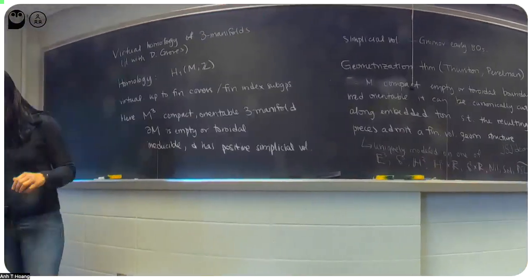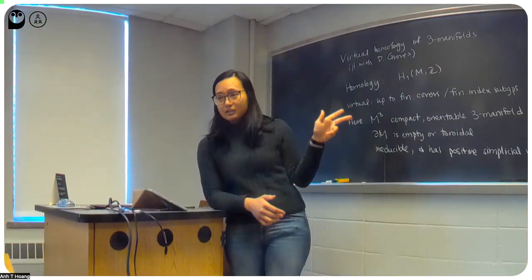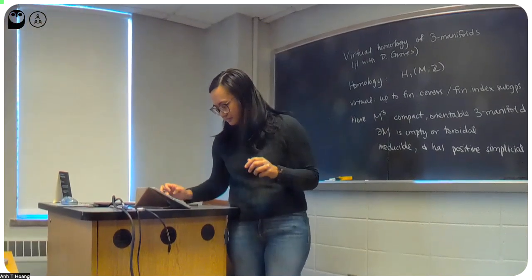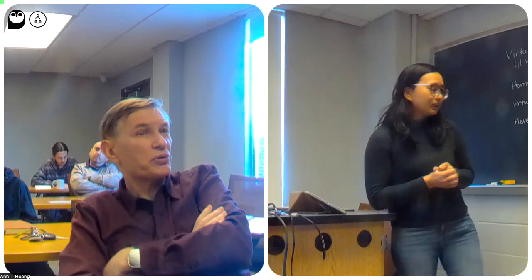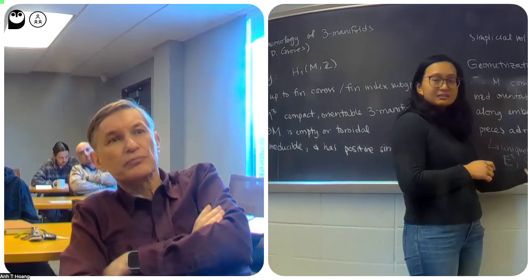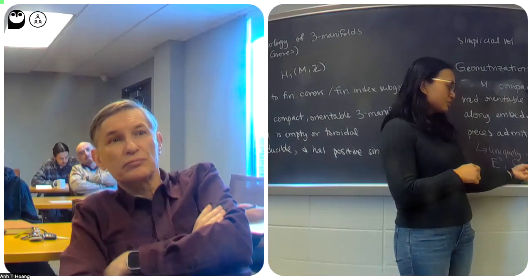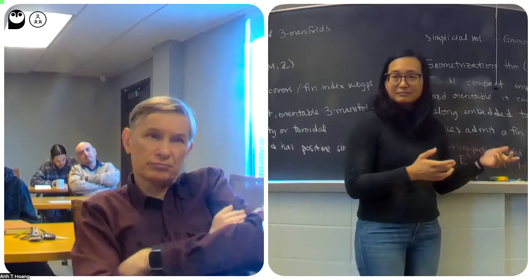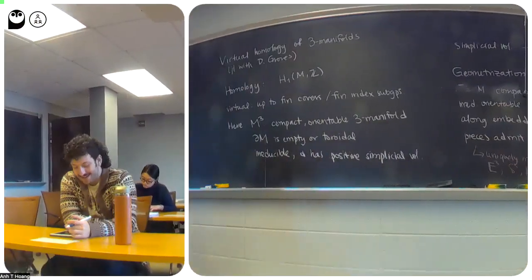Okay. And I'll say that if you combine some work of Gromov and Thurston, actually you can see that simplicial volume is proportional to the sum of the volumes of the hyperbolic pieces. So non-hyperbolic pieces don't contribute anything to simplicial volume. Okay. So it's only one type out of those 8 types. Yes, that's right. There are many reasons why this geometric structure is the most interesting, but this is one of them.